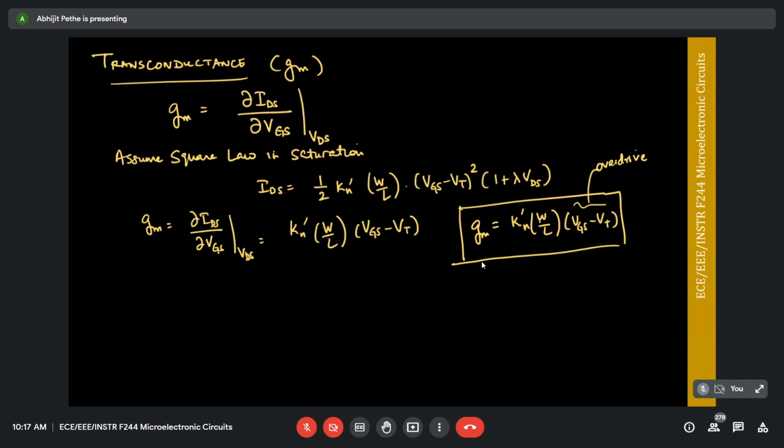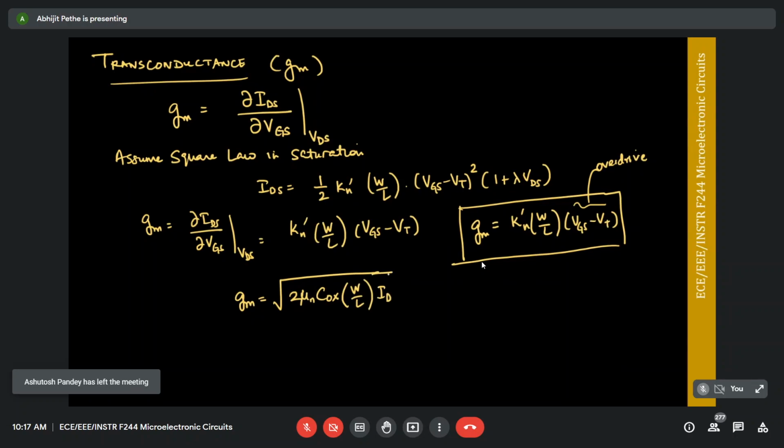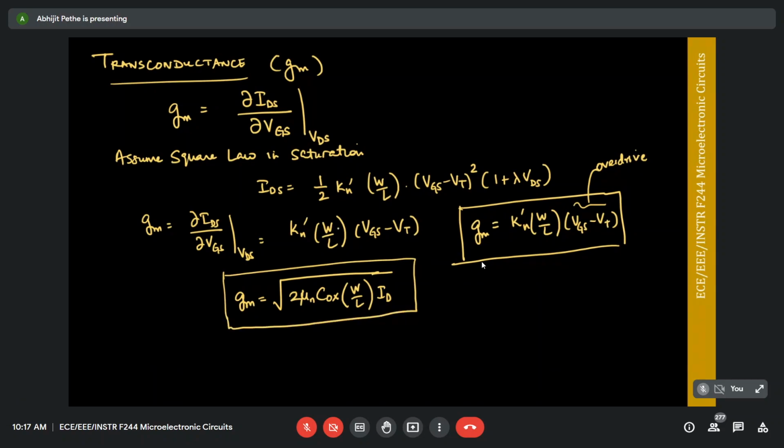And we can also substitute back for VGS minus VT, and we can write GM as square root of 2 mu n Cox W by L ID. So there again, it means that suppose I have a given ID in saturation, then my GM is proportional to the square root of ID. And the third expression, which we'll also use sometimes, is, again, these are all the same expressions. The reason I'm bringing up these three, and these three are very common that we use a lot in design,